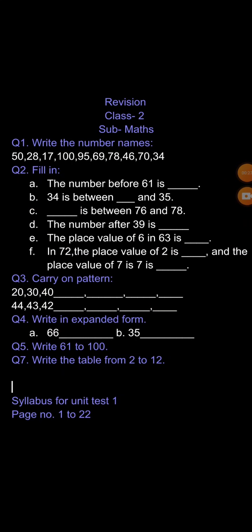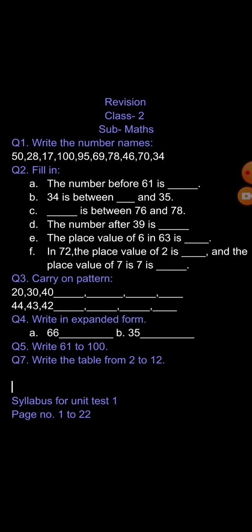Now, these are the questions I have given for revision. So do these questions in your copy, in classwork copy, at least 2 times. So for this you have to write the date. First, what will you write? 28th April 2021, and on the top you will write revision and start with question number 1.